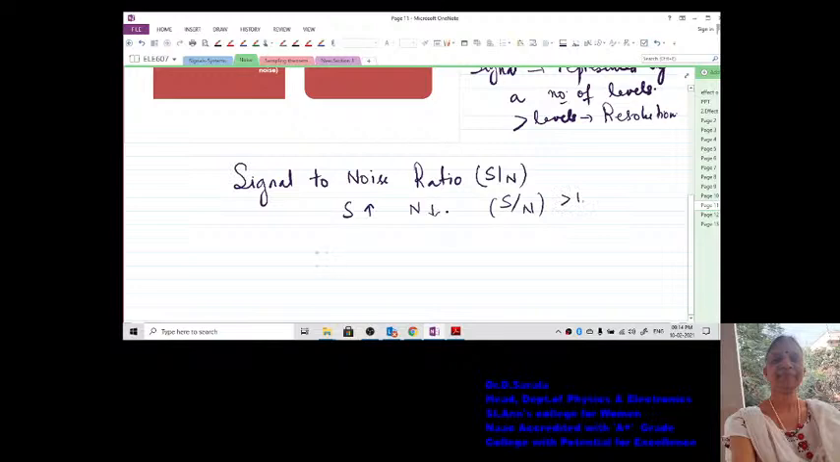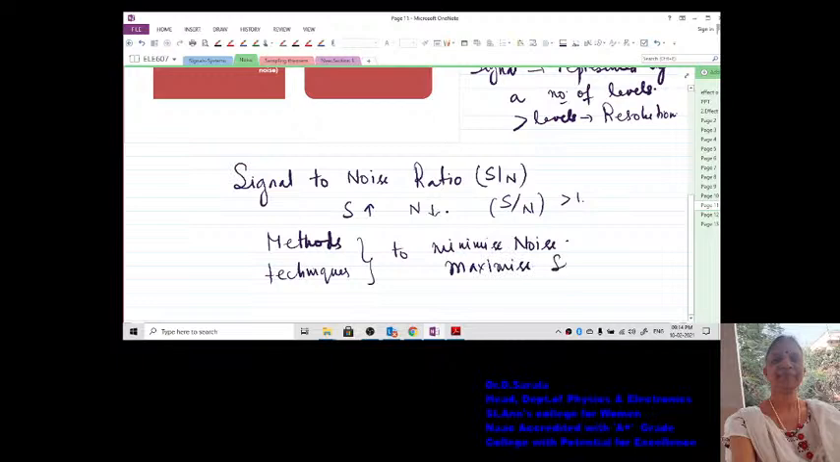Okay. So there are ways, methods, techniques to minimize noise, or maximize signal. So these are the various ways that we will be looking at. Then